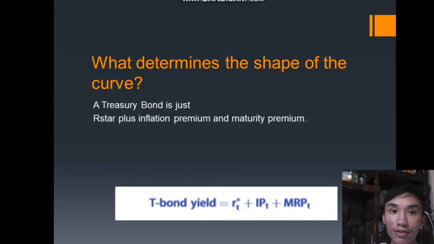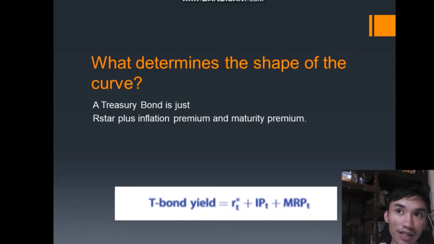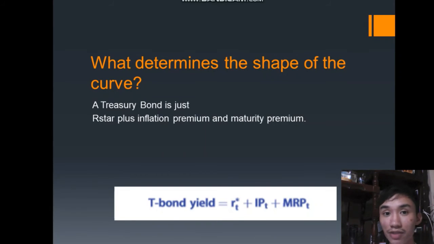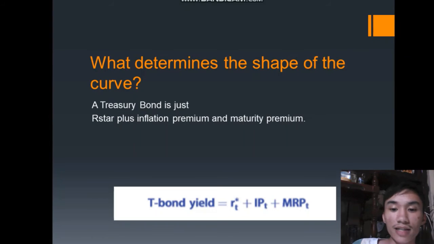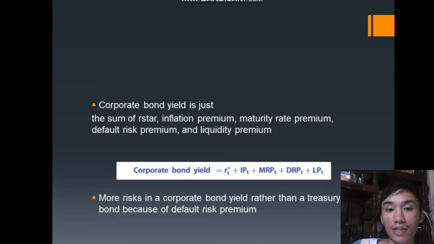The R star is the risk-free type of interest rate, and then inflation premium is the yearly inflation of goods, and maturity risk premium is the interest rate premium for the bond. So there is less risk in the T-bond yield compared to the next example, which is the